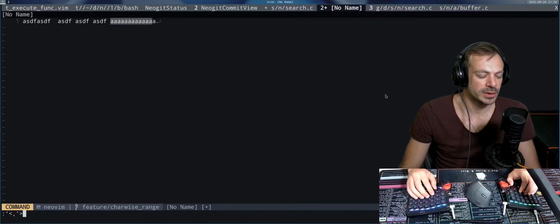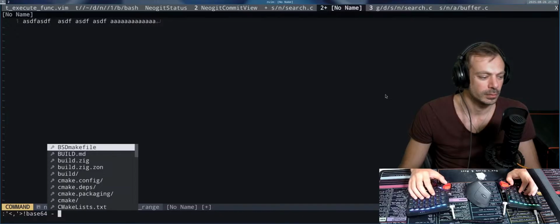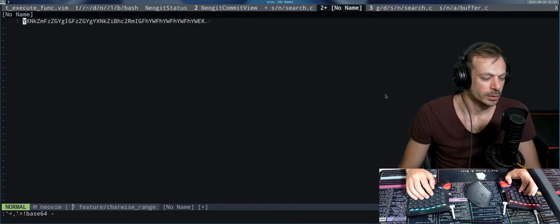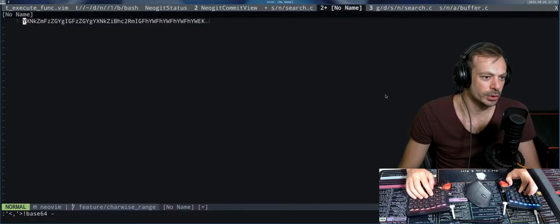So let's say we have this, and you want to do base64 encoding of that. You see, actually, if I select this and I do base64, it does this for the whole line,